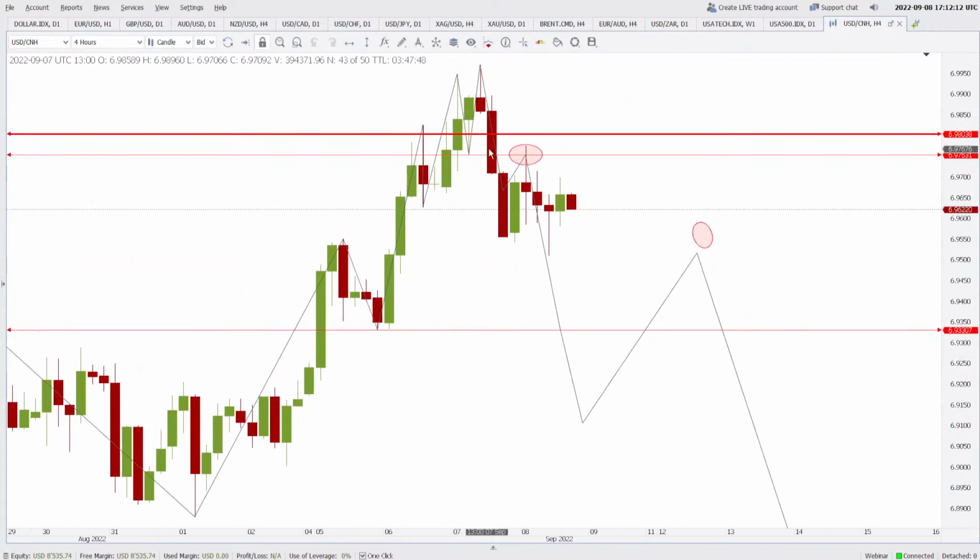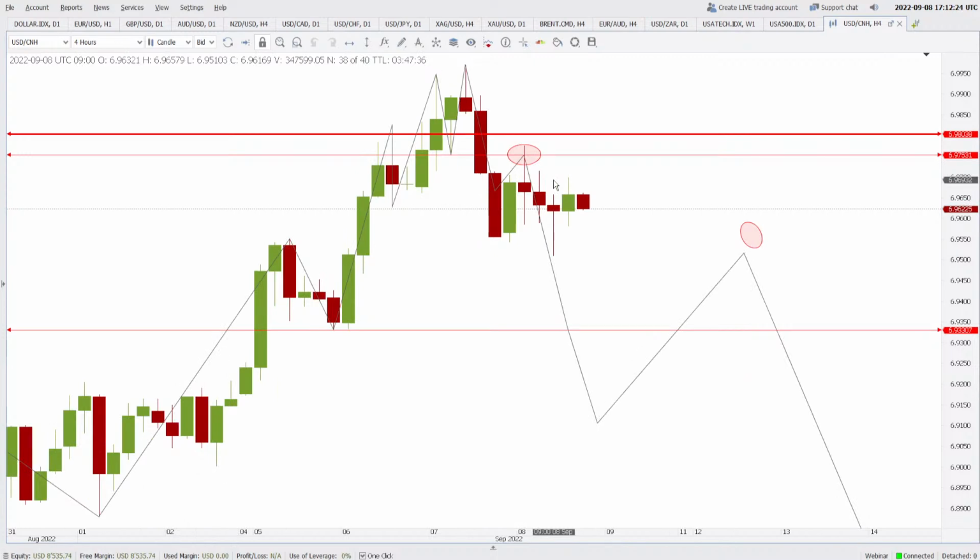Okay, you see, yesterday we were somewhere here at the breach of this candle. It went lower, and then again it came back to retest this area as a resistance. Now friends, this ellipse is from yesterday. If you want to find it, you can find it in the previous webinar. This ellipse we had created yesterday, that if the price goes and closes below this, which it did, then this area is going to be an area of resistance, and this happened.